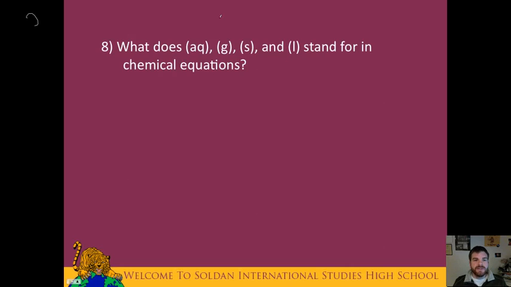Question number 8, what do these symbols stand for? Well, AQ, that stands for aqueous. An example of aqueous would be something that is in a solution or dissolved in water. For example, aqueous salt would be salt water, or aqueous sugar would be sugar water. Vinegar would be another example of an aqueous solution because when you buy vinegar, it's not just pure vinegar, it's